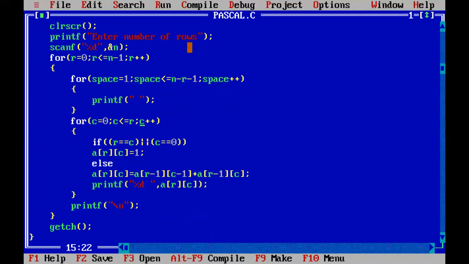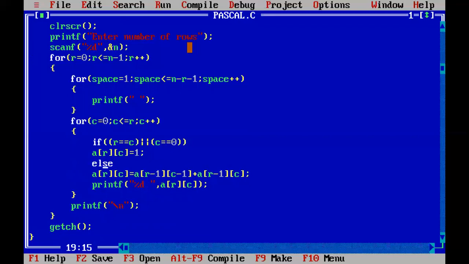Then inside this, we are going to print the numbers. For printing the numbers, we saw the condition. If row is equal to column, or column is equal to 0, then you have to store a value of 1 in the array. This is nothing but the corner elements in each row. So I am storing A[r][c] is equal to 1.